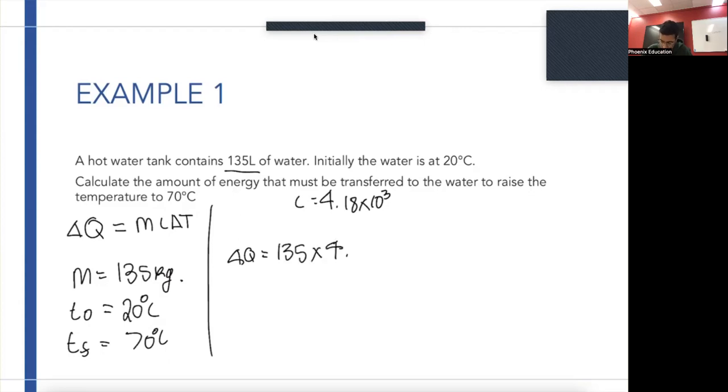The specific heat capacity is 4.18 times 10 to the power of 3. And the change in temperature, so the change being the final minus the initial. Final 70 minus 20, that gives us 50. And if you plug this into your calculator, times 4.18 times 10 to the power of 3 times 50 will give us a really large number. So it will give us